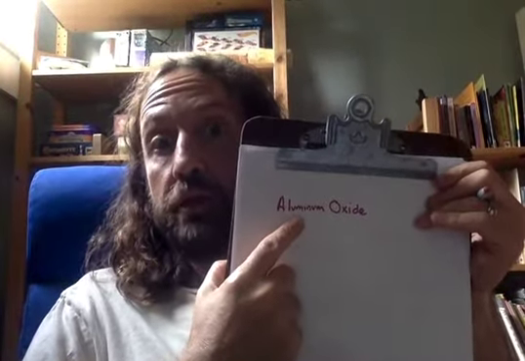Okay, so in our last video we talked about a very simple formula, sodium chloride. So now let's do something that's a little bit more fun, and let's do aluminum oxide. So this video, the formula for aluminum oxide. Now,